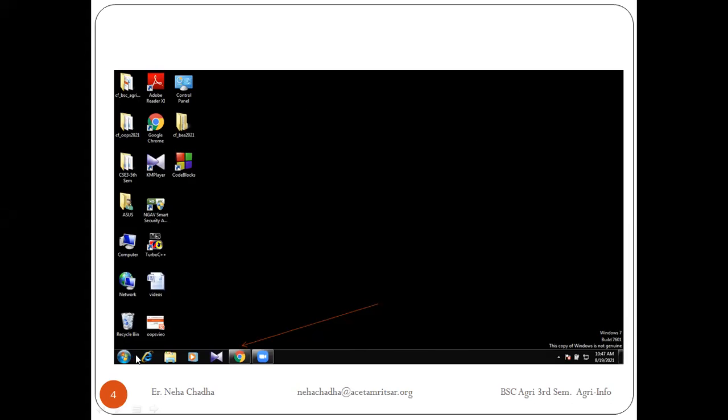In my taskbar, there is one start button, then Internet Explorer, then library folder, then Windows Media Player, then KM player, then Google Chrome, then Zoom application. Then in the notification area, I haven't opened any application, so no application appears. There are certain icons that will give the status: battery charging, internet connection, as well as time and calendar service.